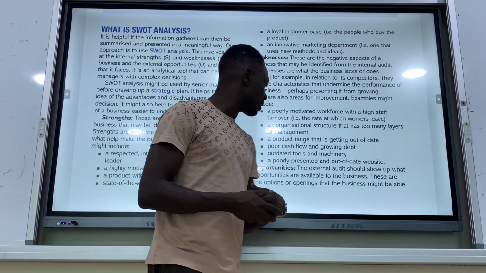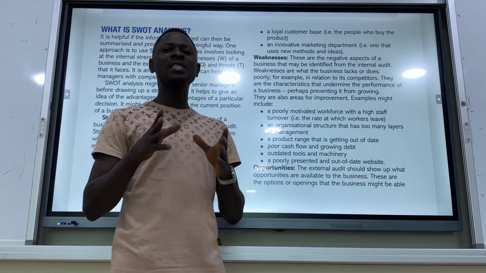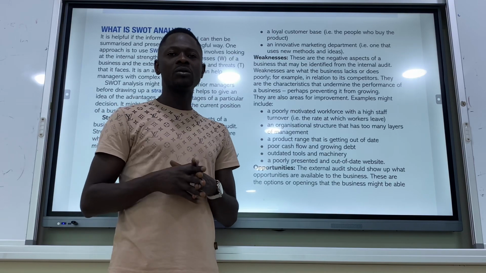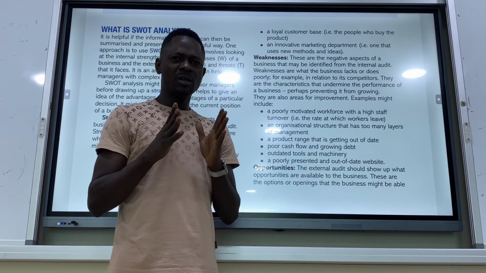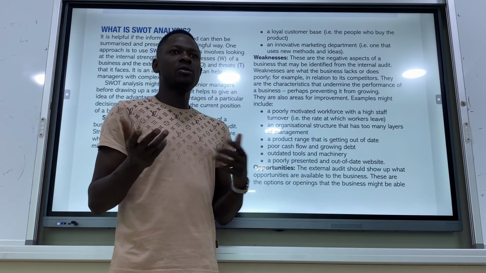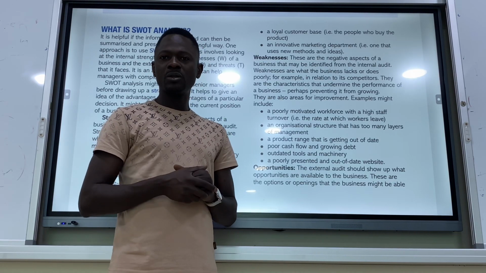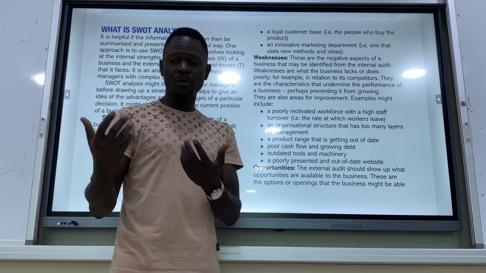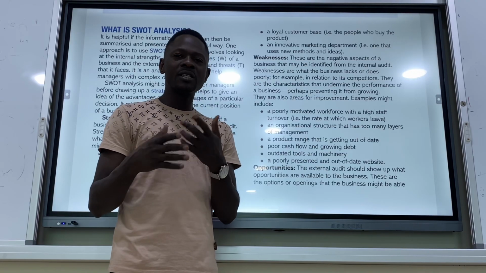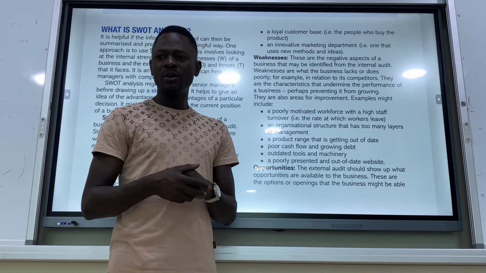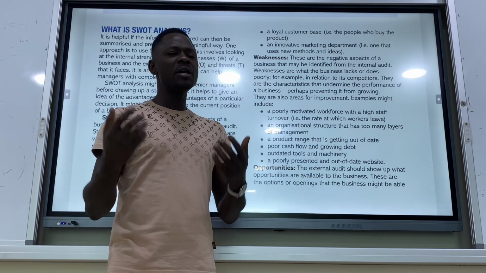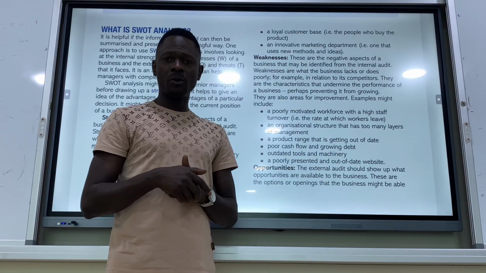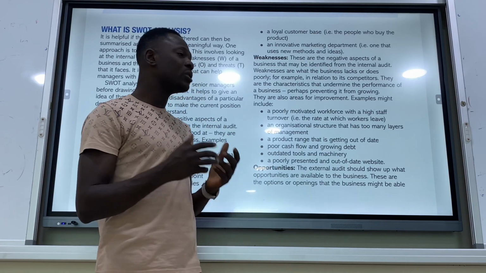Poor cash flow and growing debt. For poor cash flow, that means the business is not managing its cash flow well. The decision making about cash in and out is not being done well. And this could be because they give so much credit out to customers. It has a lot of credit customers. And having a lot of credit customers is not appealing because it holds cash out of the business. Or probably the business holds a lot of assets. Having a lot of assets will reduce your cash flow. That's another problem which the business has to manage.